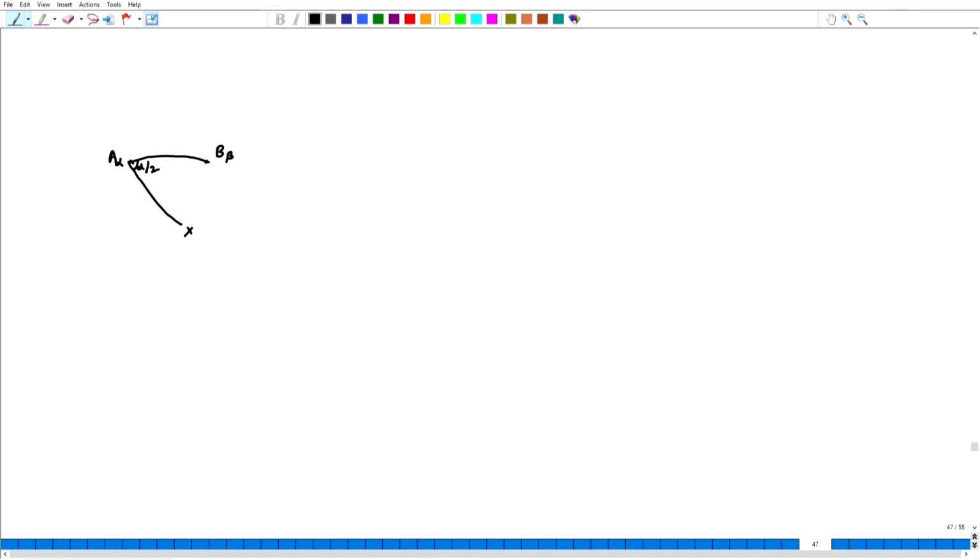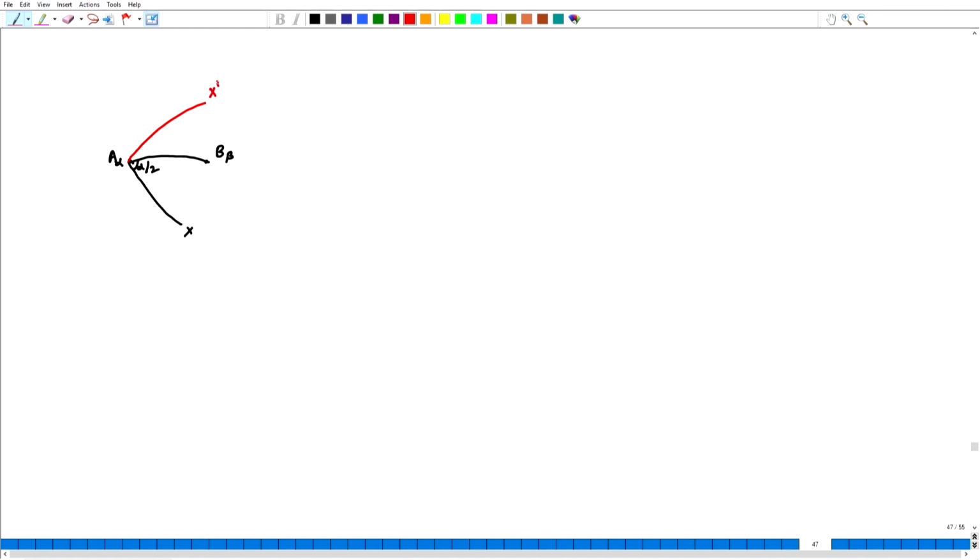Now, what we do is we rotate this great circle A x by a rotation of alpha around the A axis, which would take this great circle A x to a new position,